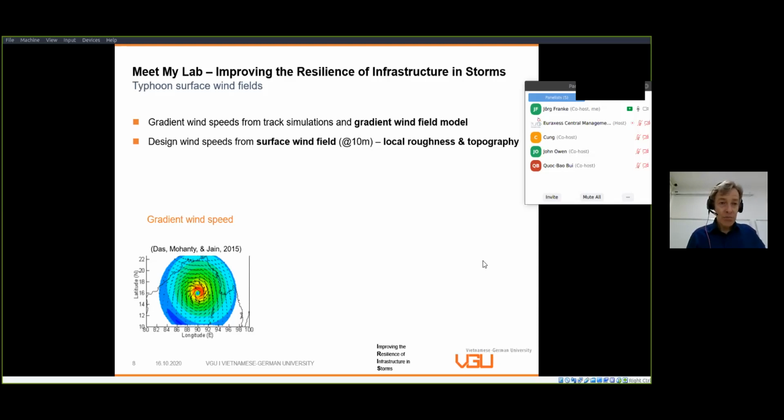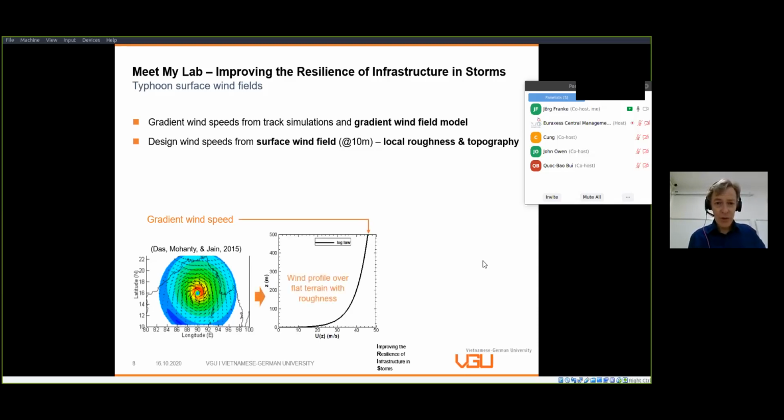To do that, the typical approach that we are also going to follow is to use the gradient wind speed that we get from a simple model and our track position from the track modeling, and then we fit it with a wind profile over a flat terrain with a given roughness representative of the area where we are. Then we have the wind profile over the flat terrain, and then we are going to generate, by CFD simulations, by steady, so not time-dependent, CFD simulations,